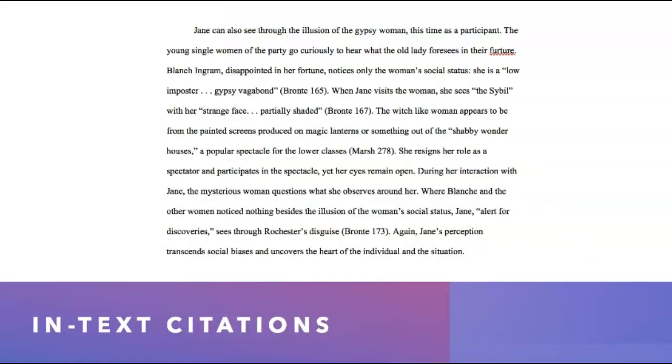With your in-text citations, as I discussed in the quote integration video, MLA is very clean. It's very precise. It's not like APA that puts everything jumbled up into your in-text citation. Your in-text citation for an MLA format is simply the author's name, and then the page number where